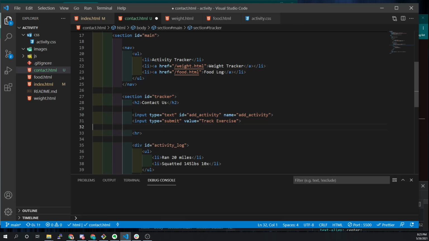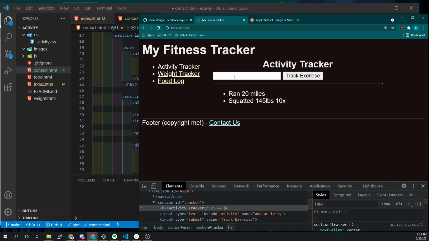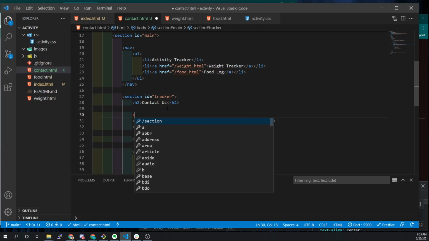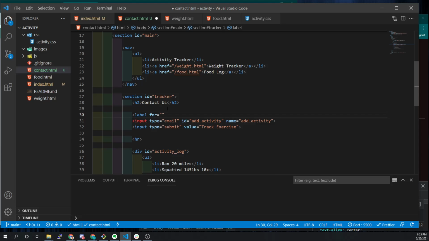All right. So instead of having this little form element that says whatever track exercise, maybe the first one will be input type equals email. Maybe we'd have a label in here that says label for equals email address. Right? When we're putting the label in here, email address. We need to make sure that the for of your label matches the ID of your element. So we'll make this email address. And instead of this being track exercise, we're going to have this be